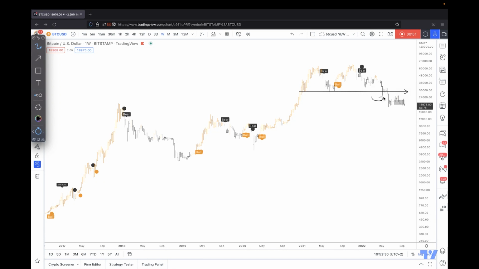Of course, it kicked off with the May-ish sell-off for the Luna crash, which induced a lot of fear and a lot of liquidations to the market, basically breaking down the entire structure, breaking down this entire, I should say, support, the fundamental support in the market, and there was nothing basically stopping the market before a major path to the downside.